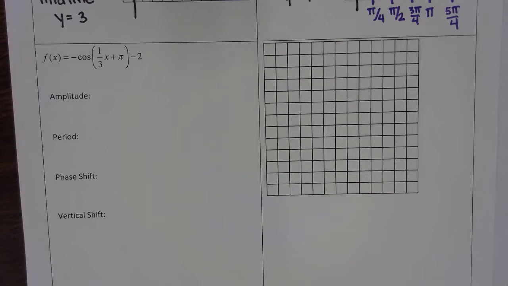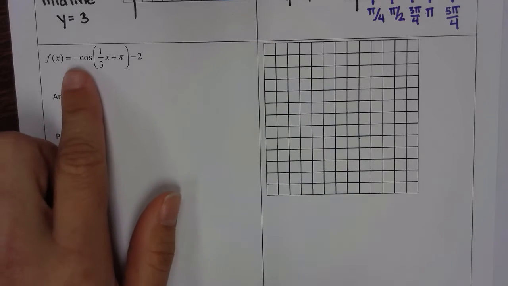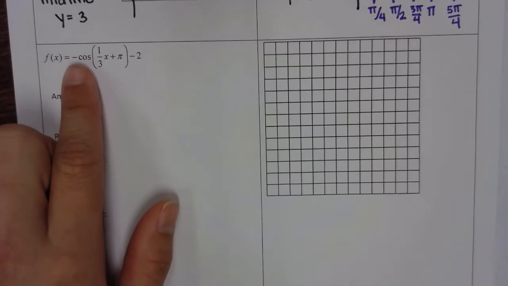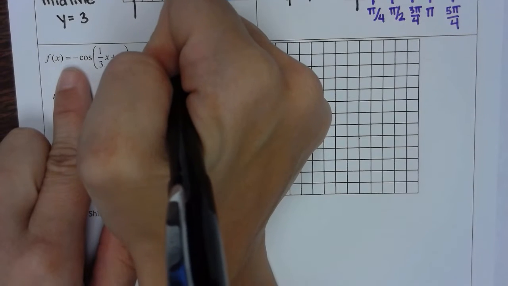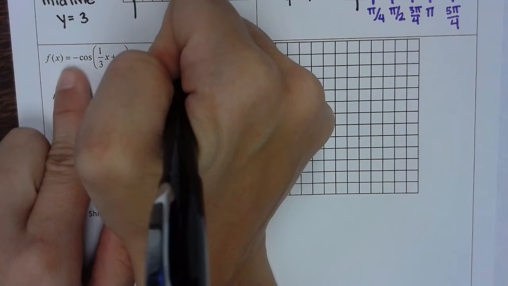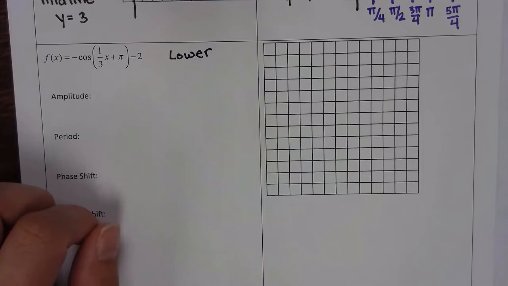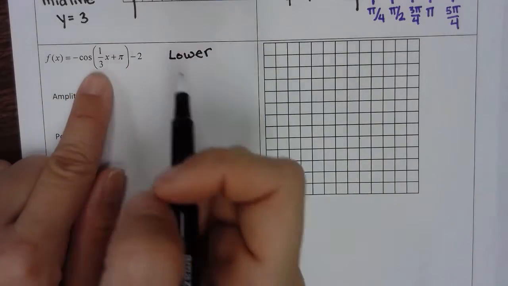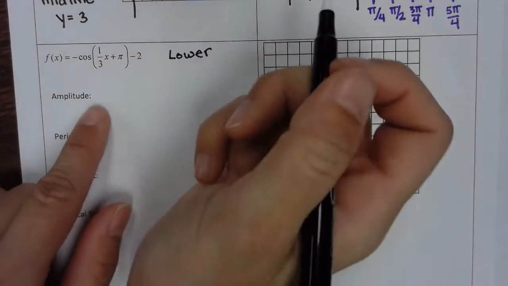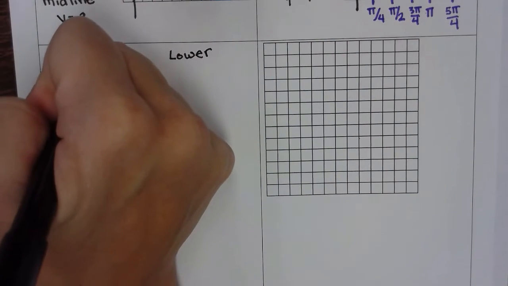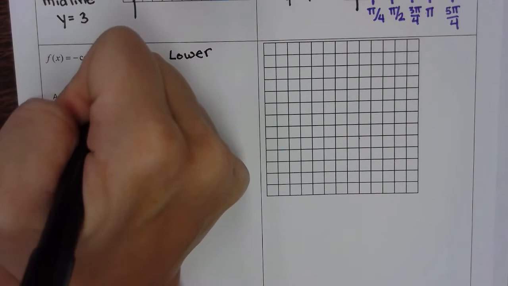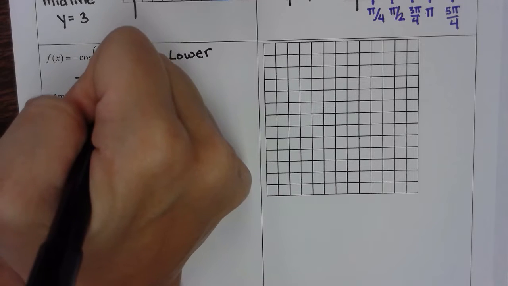Last graphing example. So this is a negative cosine. Well, cosine is either up or down, and then the negative tells us which one it is. So it's going to be starting at the lower end. Also, we need to factor out 1/3. Factoring is like dividing out, so it's negative cosine. We're factoring out a 1/3,